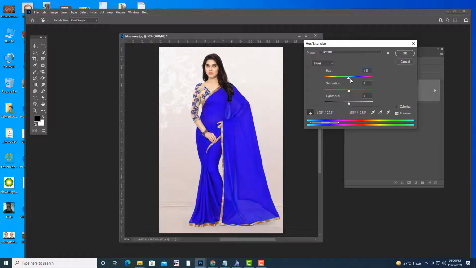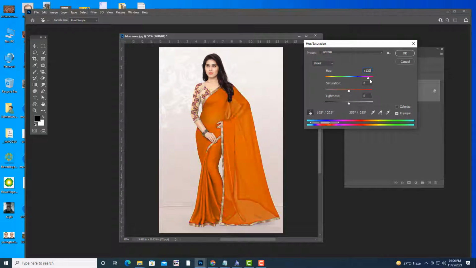So we are getting different colored sarees. See, saturation is there. You want a thick color saree? See, we have a thick red color saree, yellow color, orange color. See, so many colors.